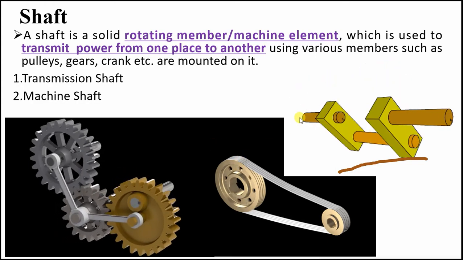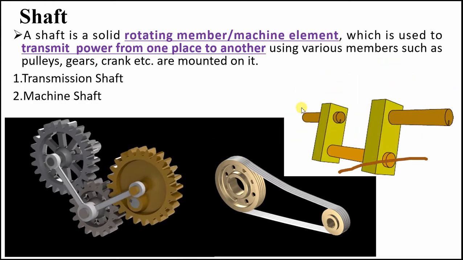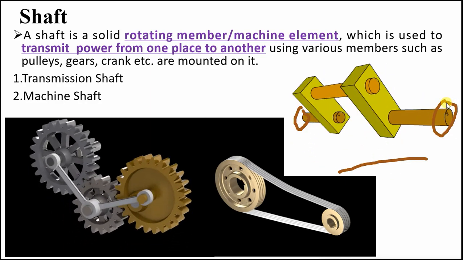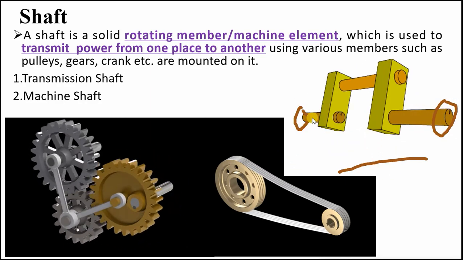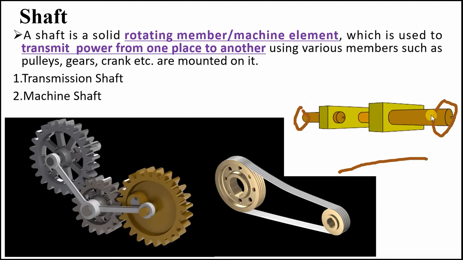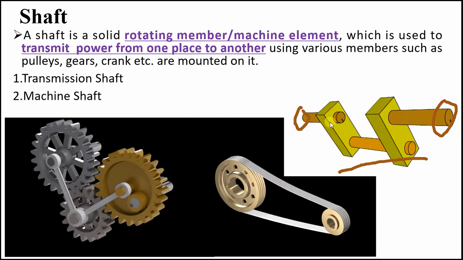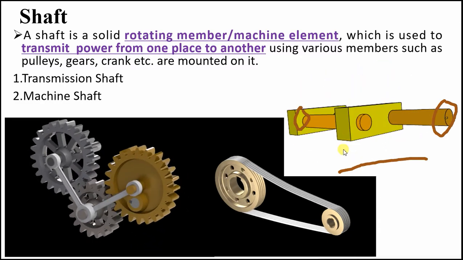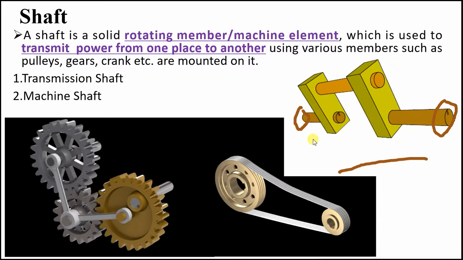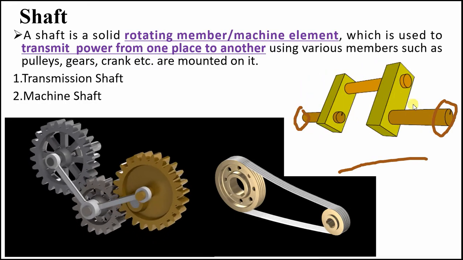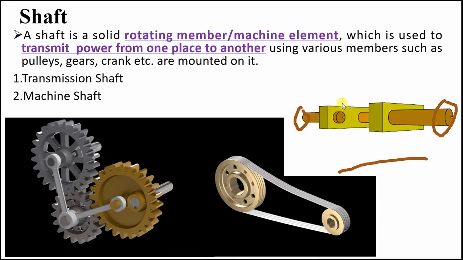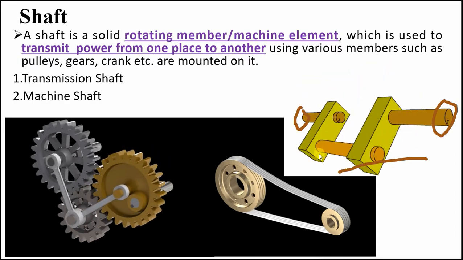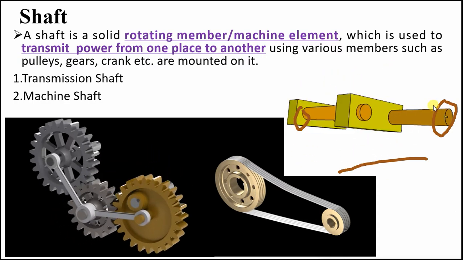Now you have seen this brown color, two shafts are there. This is one shaft and this is another shaft. Now you want to transmit the motion of this shaft to the second shaft. So you can see these two columns are used here, which are joined by this horizontal pin. So power is easily transmitted from one shaft to another shaft. These two columns, we can say, are a coupling. Coupling is used to transmit the power from one shaft to another shaft.